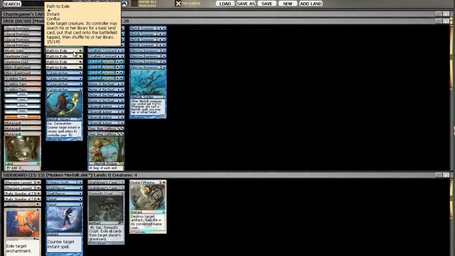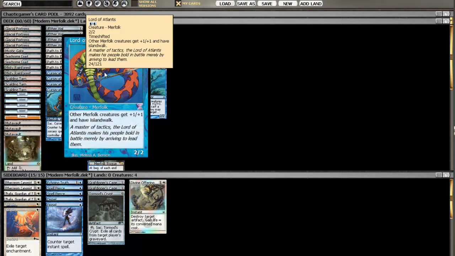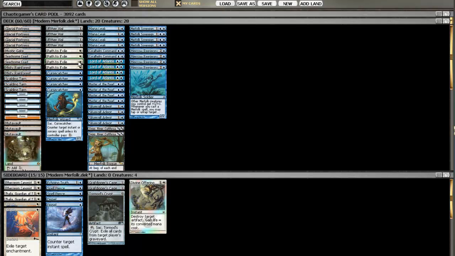The Path to Exiles, as I've said, are for removal mostly. Them getting a land really isn't that bad against you, but getting a creature out of your way. This is most important against the non-blue decks, because against all the blue decks you should have Islandwalk against them because of Lord of Atlantis and Master of the Pearl Trident. So these are mostly just for removing problem things like Kitchen Finks, or Jund creatures,